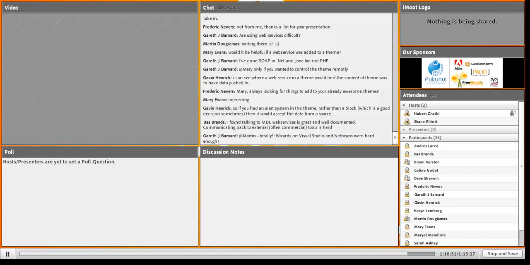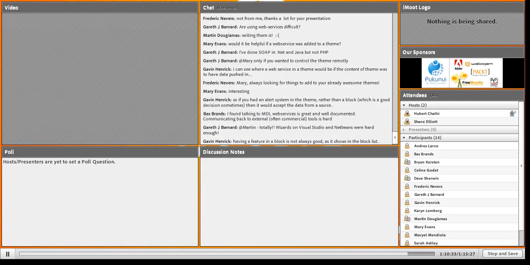Although another option, instead of having the web service in the theme, using Gavin's example of an alert system, is that you could write a block for that